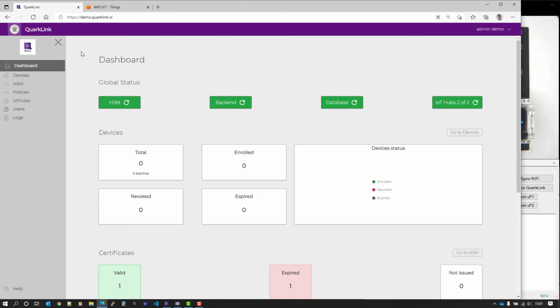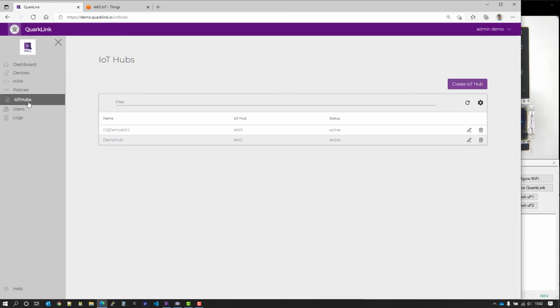So the dashboard gives you some idea of the connected devices, the status of the certificates, etc. Here we have a menu called IoT Hubs. This is where you would set up your AWS, Azure, Mosquito, or whatever cloud service it is you wish to connect to, your login details. Because the QuarkLink needs that in order to log on to that cloud service to register the device